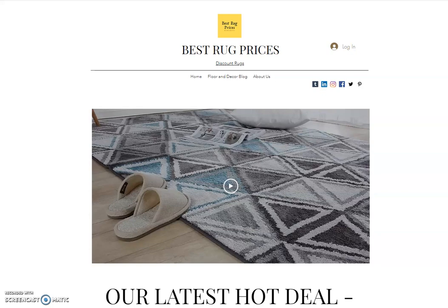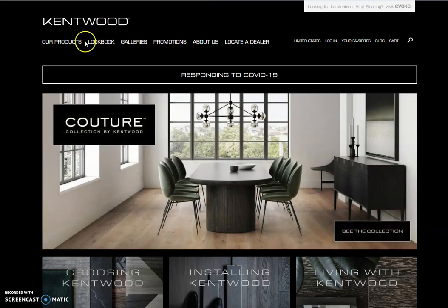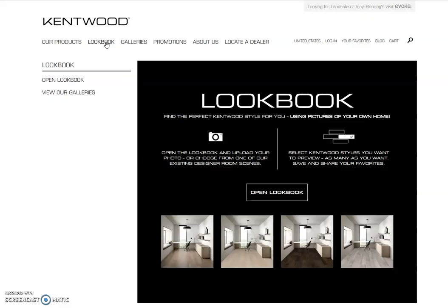So let's say one of these displays is Kentwood flooring, a very nice wood line. I'll just switch over and show you here, but you can switch over to the Kentwood website, and they have what they call a lookbook, as I'm circling it here. You click the lookbook, and here's the really cool feature: you can take a picture of a room. If it's a new home, maybe you have to use your existing room, but you can take your phone and take a picture of the room that you want to have flooring in,